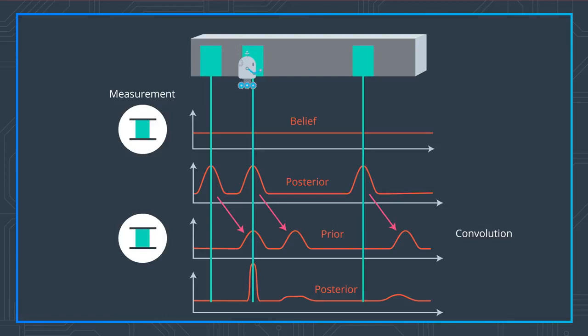So as a result, this function is really interesting. It's a distribution that focuses most of its weight onto the correct hypothesis of the robot being in the second door, and it provides very little belief to places far away from doors. At this point, our robot has localized itself. If you understood this, you understand probability and you understand localization. So congratulations, you understand probability and localization.